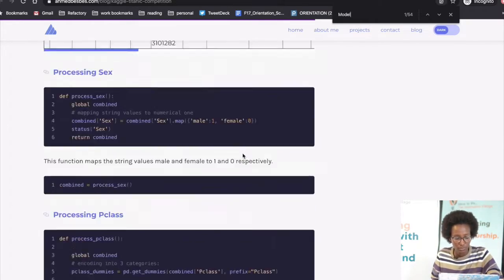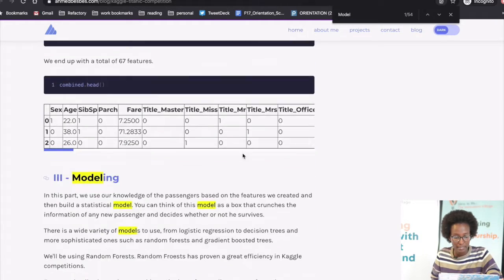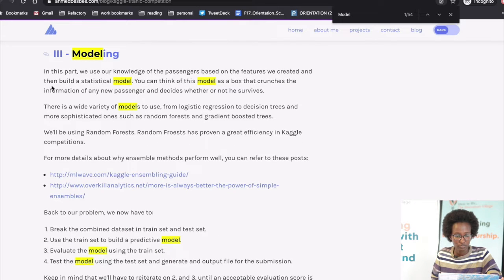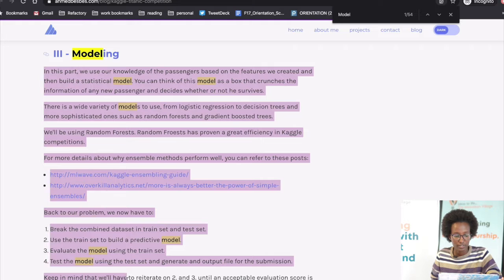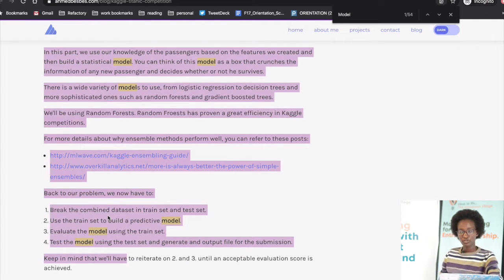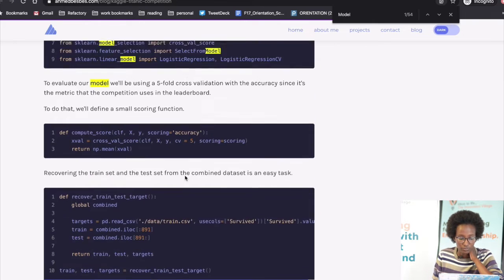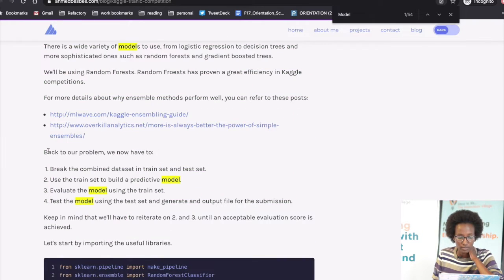Okay, bear with me. I'm just trying to look for the part that has modeling right here. So this part here is very important, this process here. You break the combined data set into a train set and a test set. Use the train set to build a predictive model. Evaluate the model using the test set, and then test the model using the test set and generate the output for submission. All right, okay, so I have not gone through the code really deeply, but I've just given you a